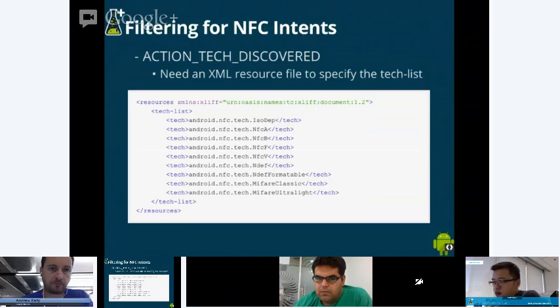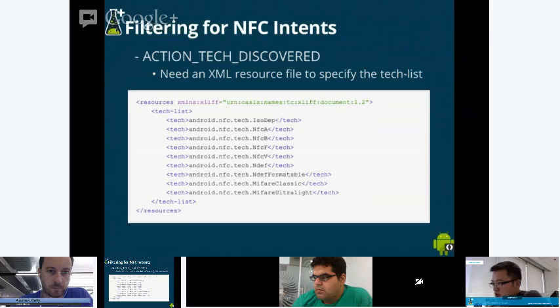action. And in order for this to work, your application has to specify an XML resource file that lists the technologies of the NFC tag you're reading, the list of NFC technology your application has to support before it can process the NFC tag information.